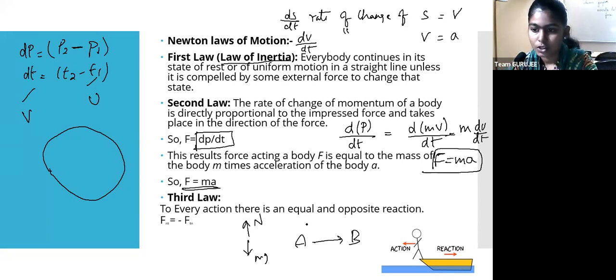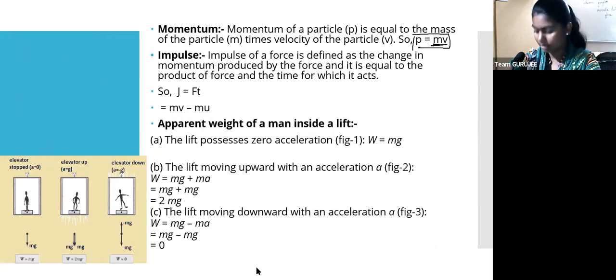So when you apply a force, there should be an opposite reaction in the opposite direction, some opposite reaction against your action. Both of them happen simultaneously, then you call it the third law being applied. Okay, we'll move ahead now. We already saw momentum, so momentum we finished.